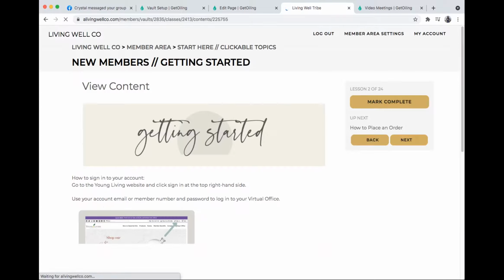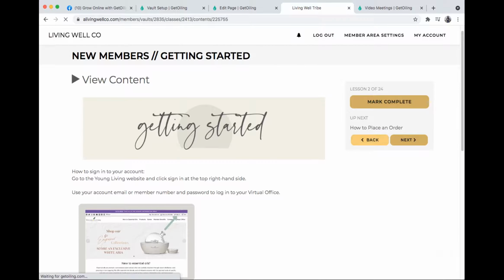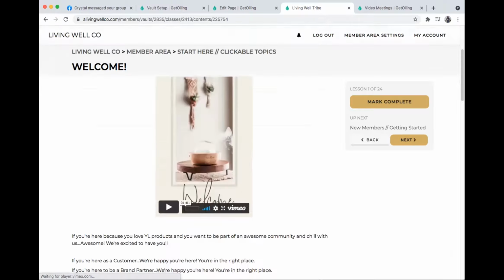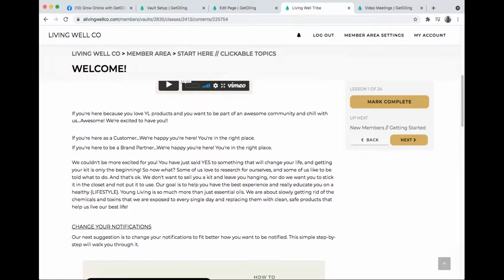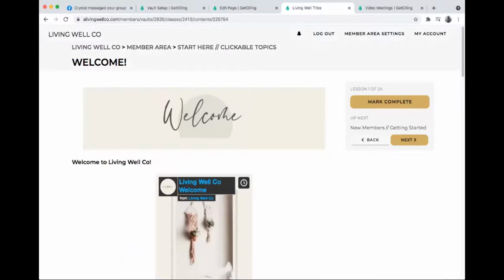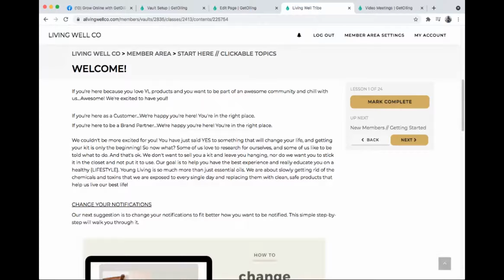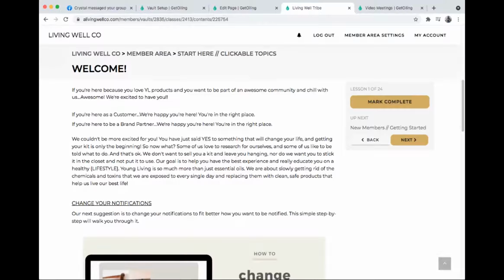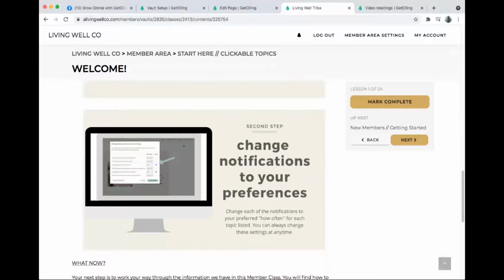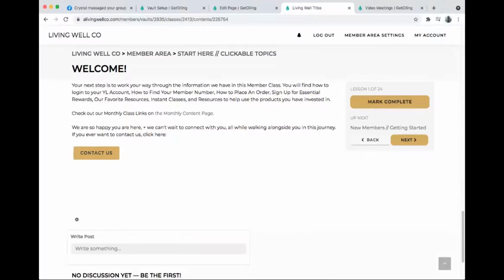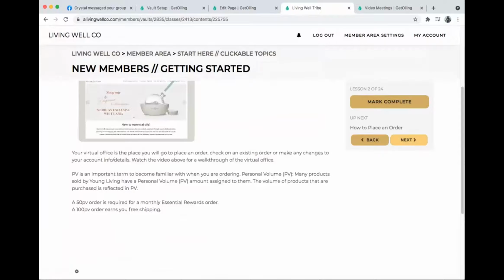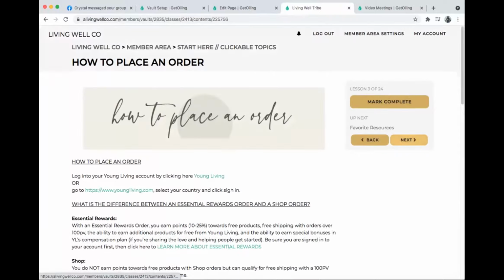And to get the member vault up and running, if you look at this part, I added this up to the top. It's actually going to be in red if you grab the member vault, and everything you need to edit is in red. There's probably like 4 spots. I think there's maybe 5. It's super, super simple. It teaches people how to edit their notifications. If they want to, they can contact us. Getting started, how to place an order,